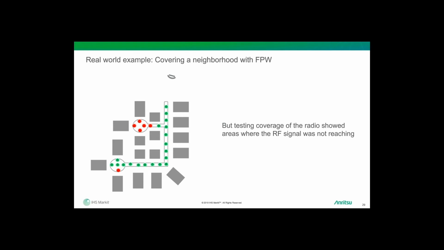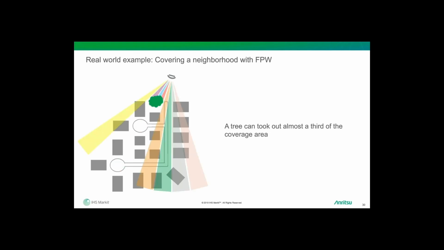And in one case, they might see a tree. So let's say either it's a new tree or a tree that they hadn't noticed was there before. One single tree is blocking coverage to almost a third of this neighborhood. And this is really a key consideration if you think ahead to